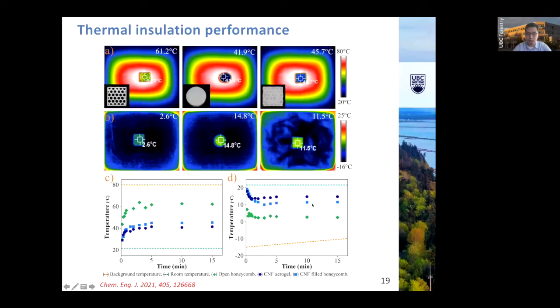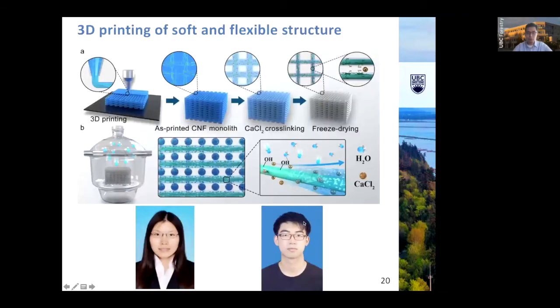So here's the temperature change of the aerogel. The aerogel has a minimal change, and then the honeycomb filled with aerogel, and this honeycomb. So this is the discussion about the rigid and strong structure. The next one, we are trying to see how we can design a flexible and soft material